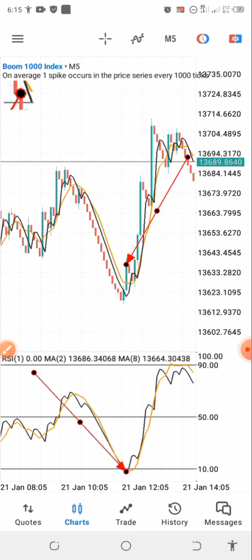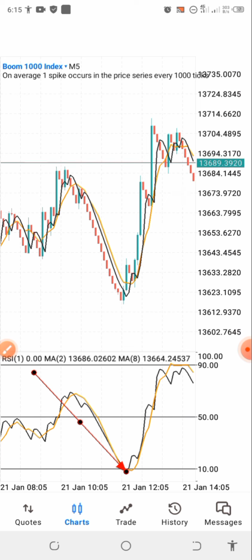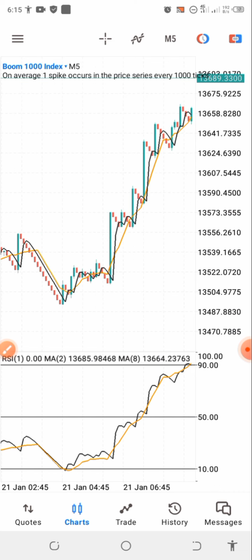Now this is what you need to see. You want to see a spike moving above the gold moving average, which is that the price moves above the moving average. You can see the spike that moves above the moving average. You are not just entering when it moves above the moving average, you are entering when it comes back to touch the gold moving average. That is when you are expected to enter for your positions. Okay guys, as simple as this strategy is,